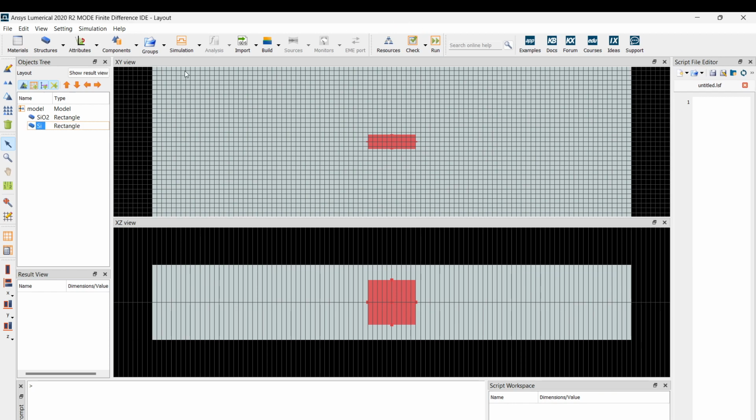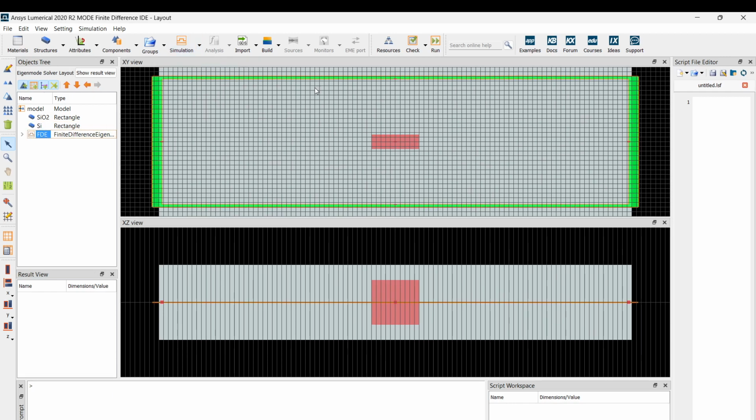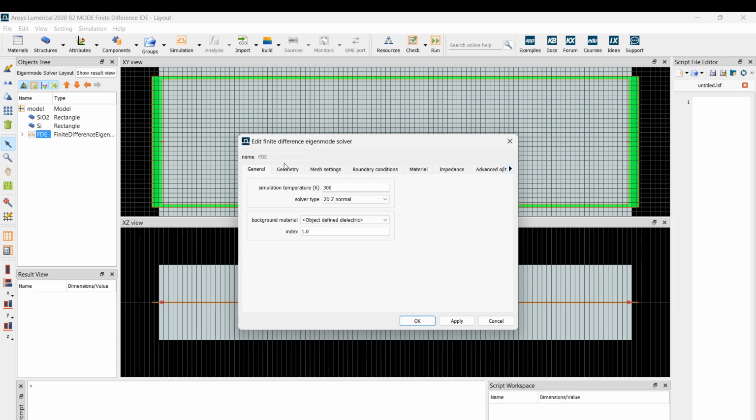Now we need to define the simulation region and the solver. There are multiple solvers available inside the mode simulation software. For finding the eigenmodes, we should go for the eigenmode solver. Okay. Edit object. So this is 2D Z normal, because we want the propagation direction to be Z, so it has to be normal to the Z direction.